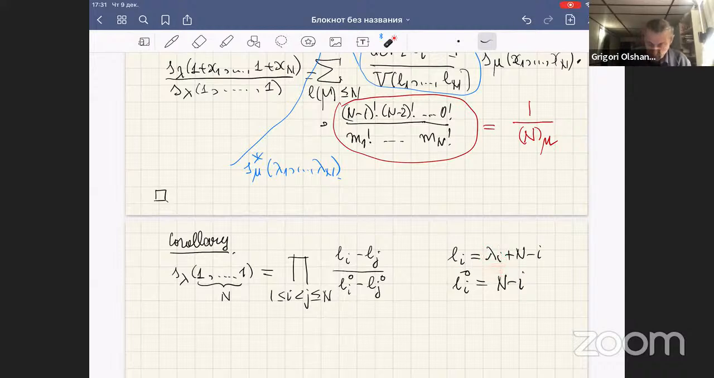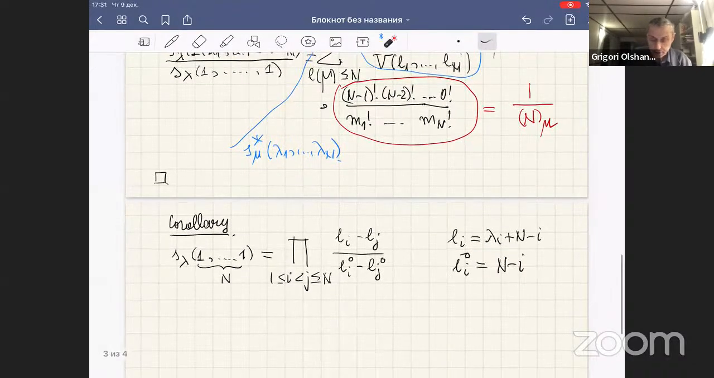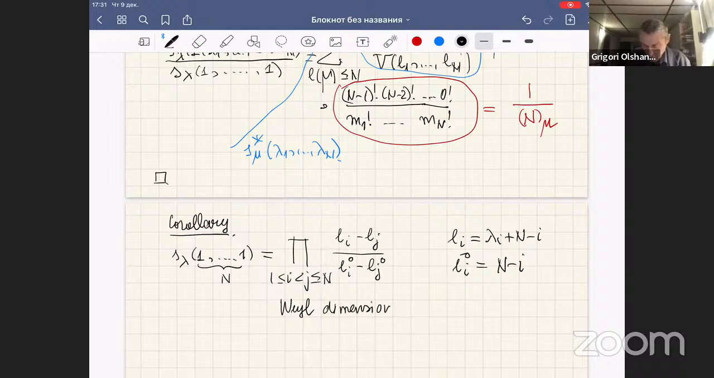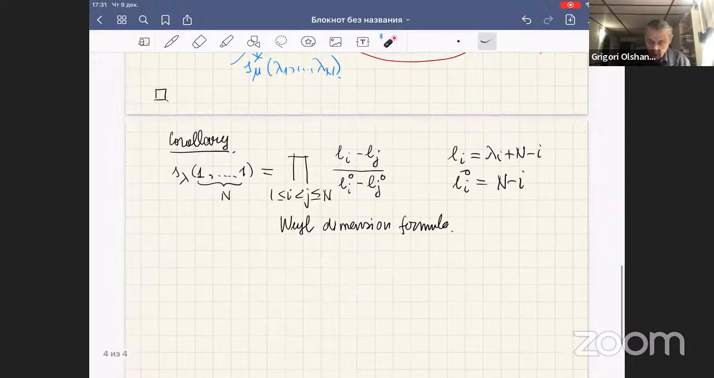So this is a very nice formula, a particular case of a Weyl dimension formula, because actually the Schur polynomial is a character of a polynomial representation of group GLN, and its value at 1, 1, 1 is the dimension. The dimension is given by this nice expression. Another corollary